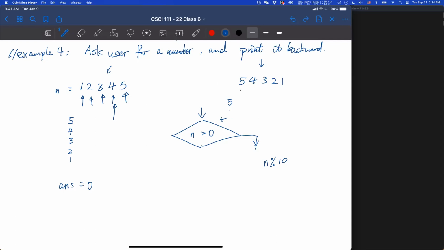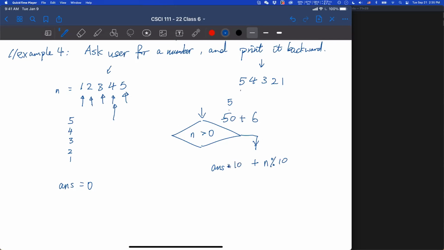Now to do so, this 5 pretty much becomes 50. Now you will have a new digit 4, right? So you will have the last digit plus whatever answer, or the temporary answer, you had before. You need to shift a digit to the left, which you can do by multiplying by 10.